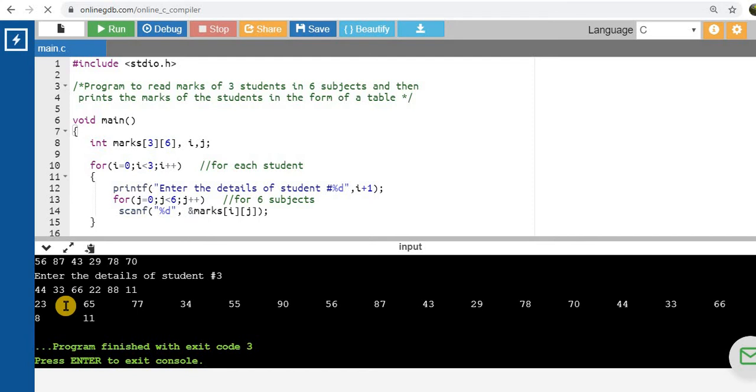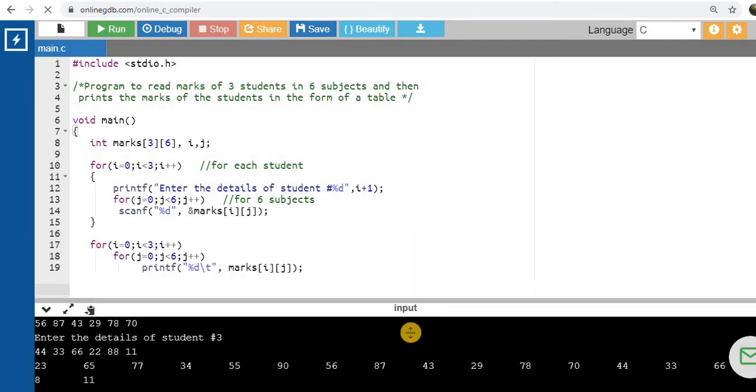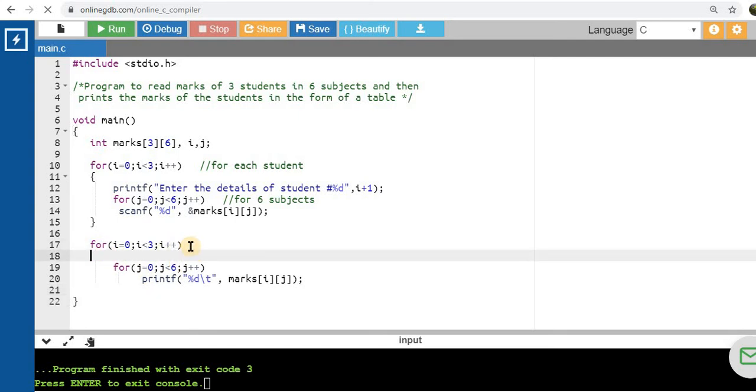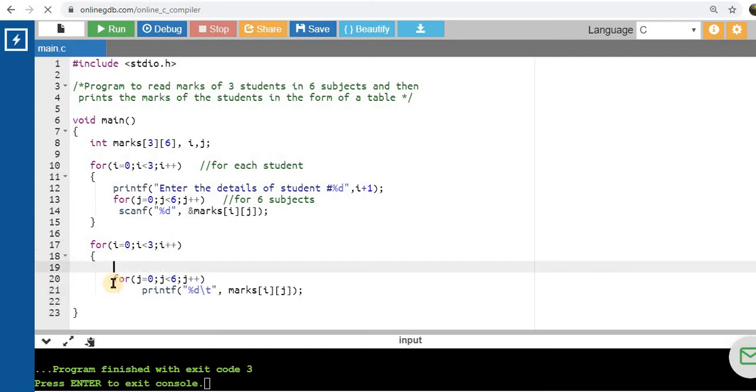One thing we can notice here is it has printed all the details, but it hasn't printed the details in the table format. The format that has to be printed has to be given by us in the program. Otherwise, it will simply display a continuous list of values. Now, we'll go back to our program where we're trying to print the values, and then inside the for loop, let me first write a printf statement